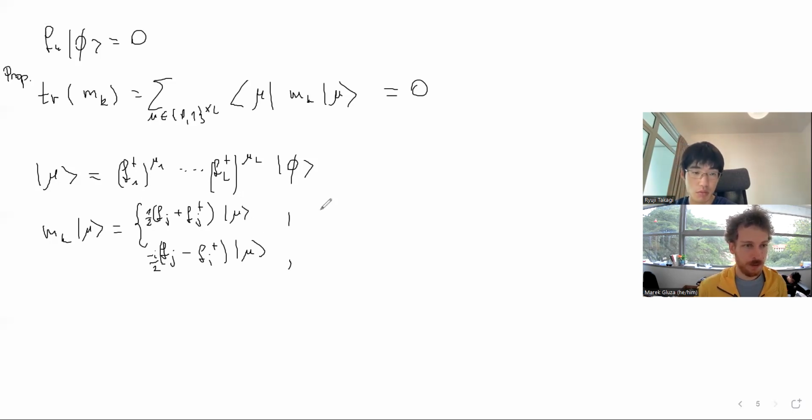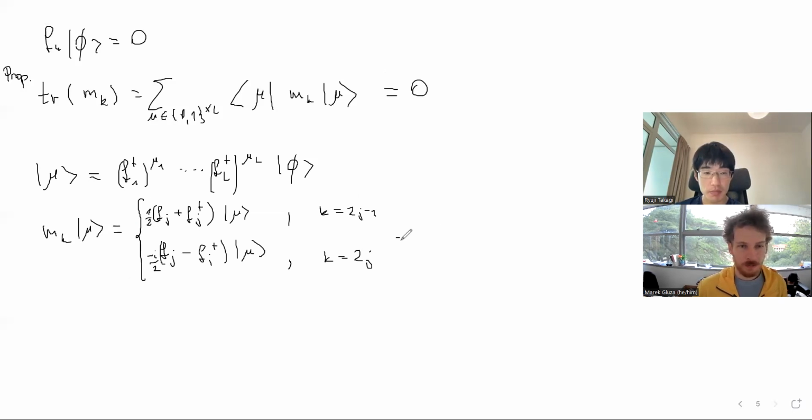And the conditions are that basically k is either 2j minus 1 or k is equal to 2j. Okay, so that's the kind of computation we need to do,